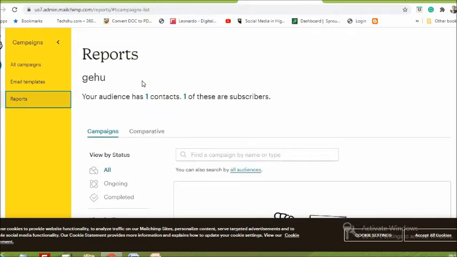Since we don't have any campaign, we are not getting any report. This is about campaigns, this is about automations, this is about website, this is about content studio, this is about integration, and this is about searches.